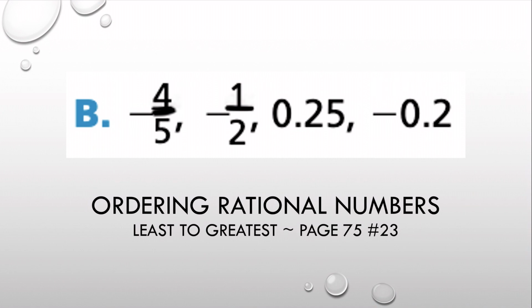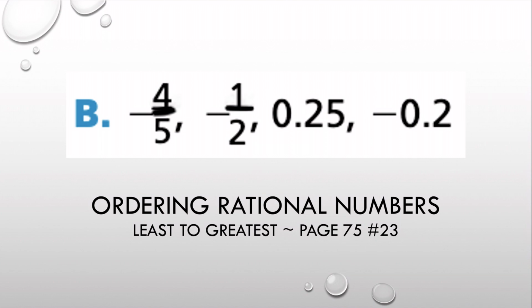So this is page 75, number 23, letter B. They want you to put these 4 rational numbers in order from least to greatest. You've got 3 of them that are negative. 1 of them is positive. So since we know that all negatives are smaller than all positives, then at least you know which one is